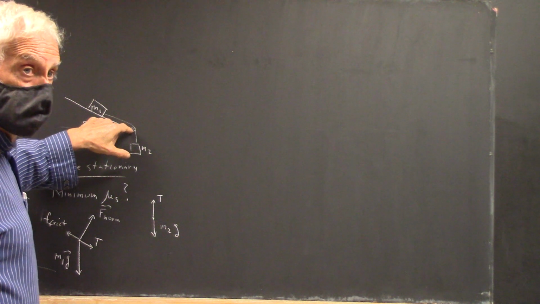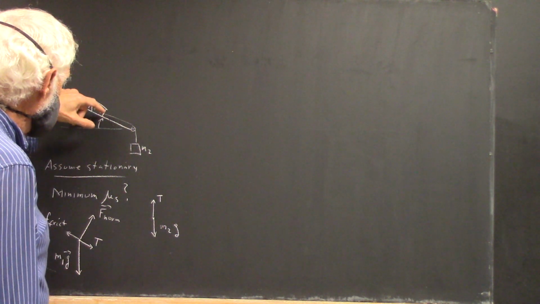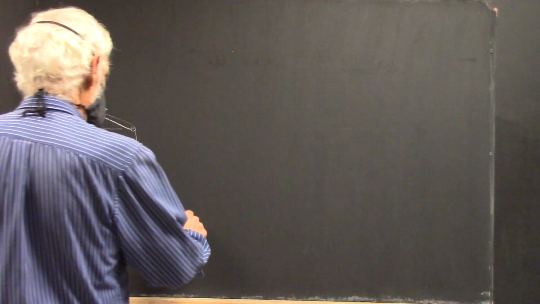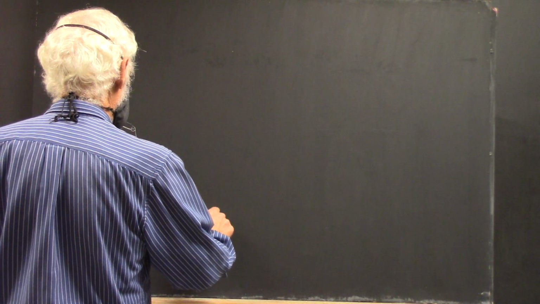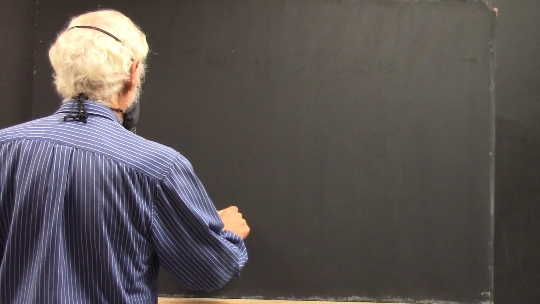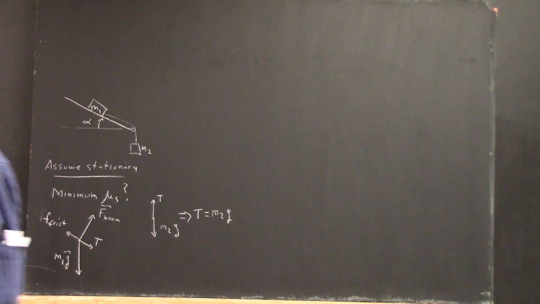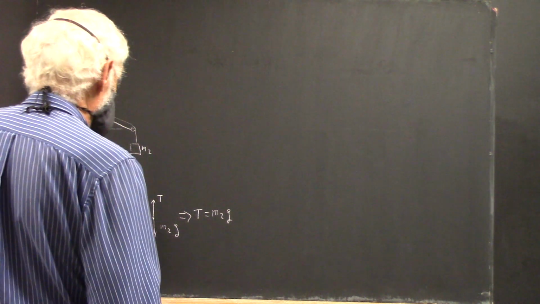Light, frictionless pulley, so no friction there. And thus, the tension in this end has to be equal to the tension in this end. This implies that the tension is M2G. So from this free body diagram,